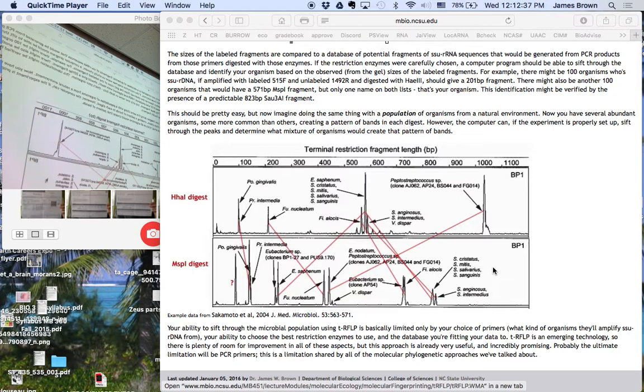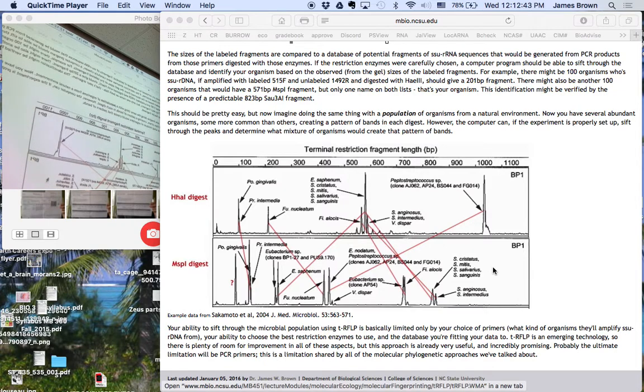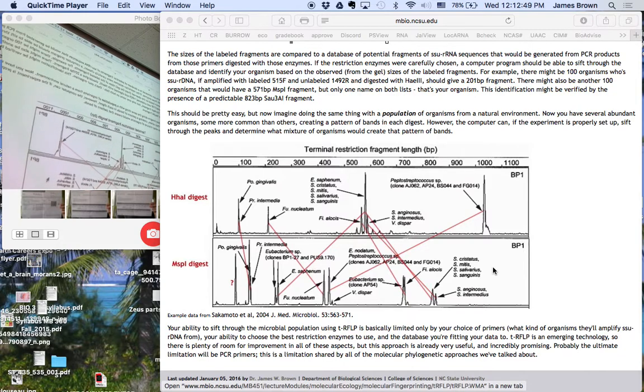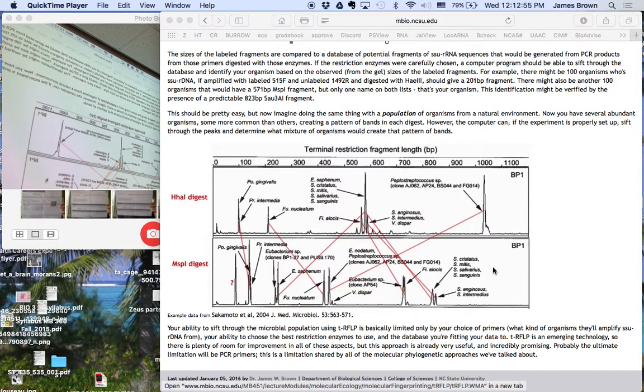Right. So for example, it would scan the first pattern and say, this peak is consistent with these 3 or 4 organisms, right? And then it would look for the correlating peak in the other digest. And if it's not there, it would mark it out. So it's not looking for individual sequence patterns within a set. No, it has to look at both patterns together,